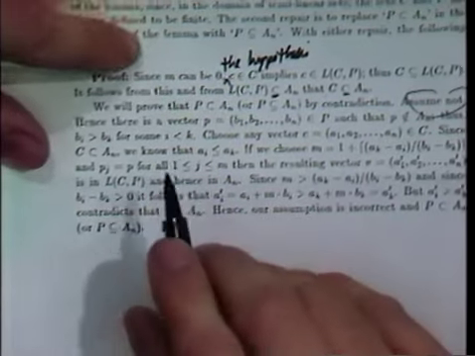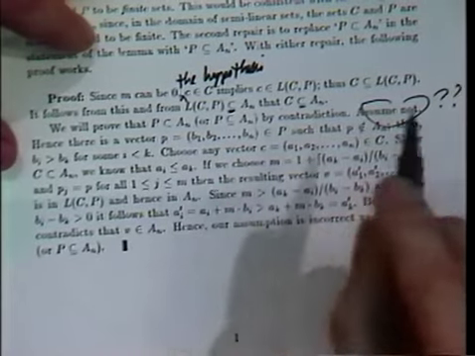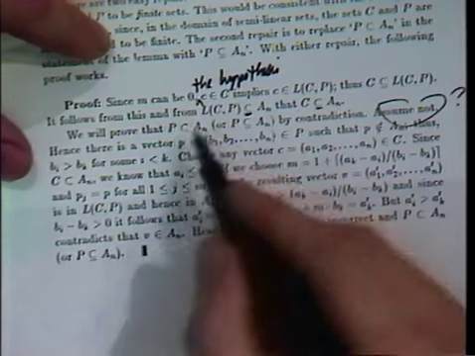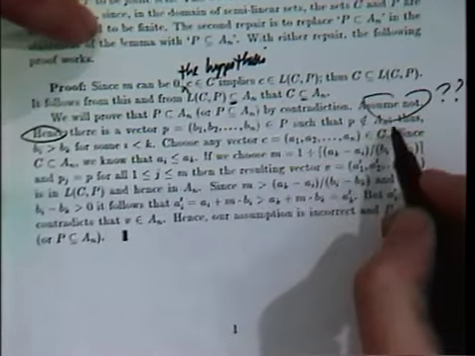That's awkward. If I would say, if P is not contained in A and there is a vector P in P such that P is not in, thus so on. Now, okay.